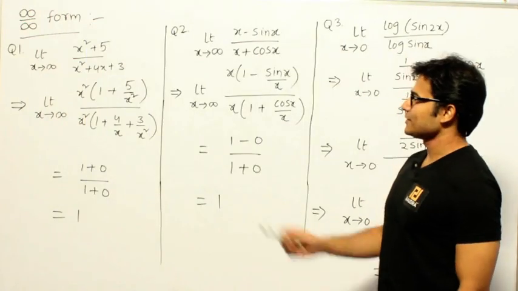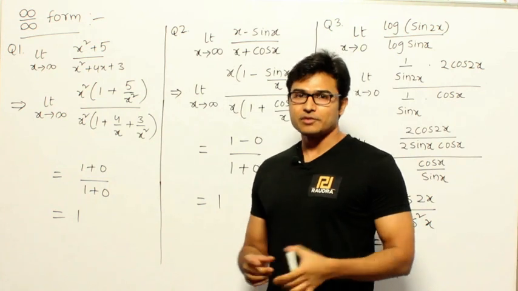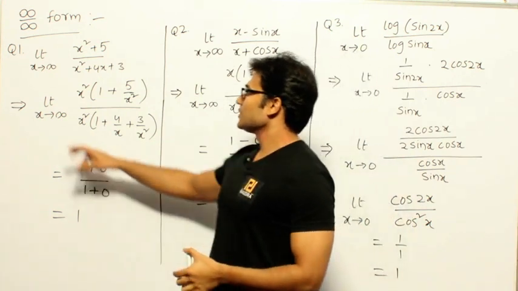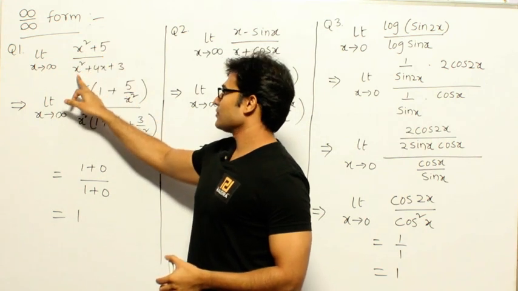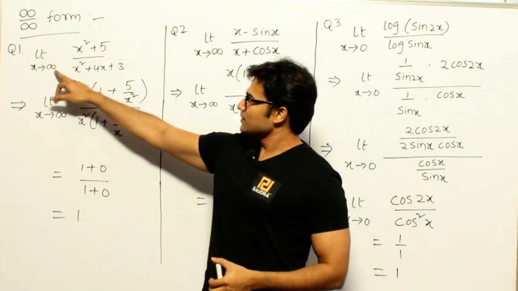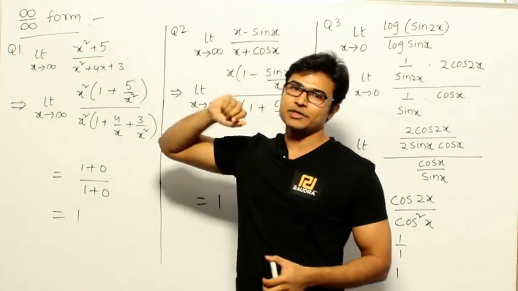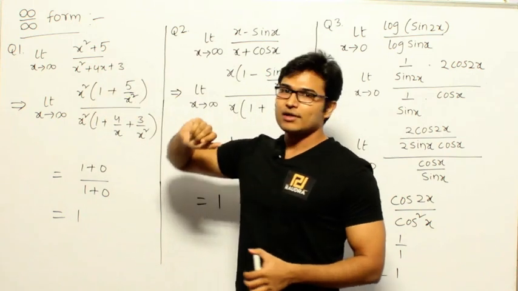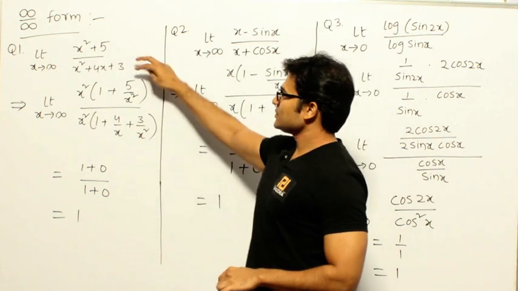Now let's solve these questions. So again we are solving the examples where we get infinity by infinity form. If you observe this, limit x tends to infinity, (x² + 5)/(x² + 4x + 3). Now if you try to substitute infinity over here, you are going to get infinity in both numerator and denominator. So how to solve it is, see, one thing is you can apply L'Hospital's rule, but then since